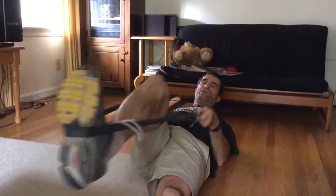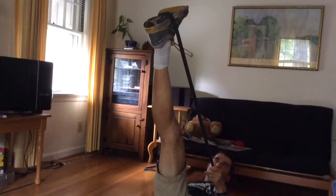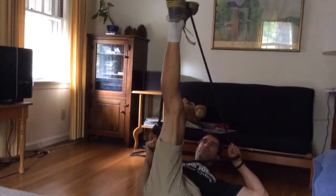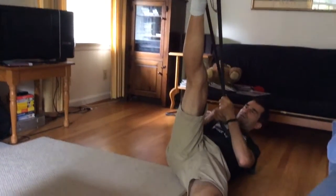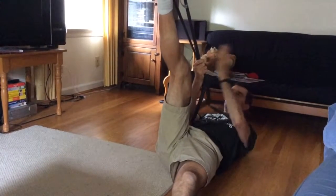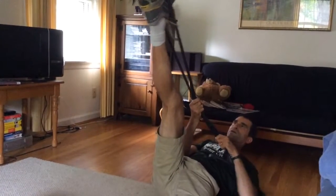However, using your knee to bend your leg and then straightening it back up, pushing out like this against the tension of the tube, will help you to get more stretch on your leg, and eventually you'll be able to get it up to a level somewhat maybe like this. So then the other thing you want to do is work all aspects of the stretch. This stretches, of course, the back of your leg this way,